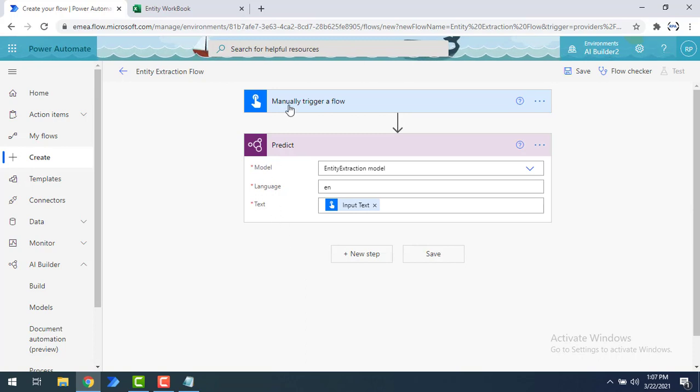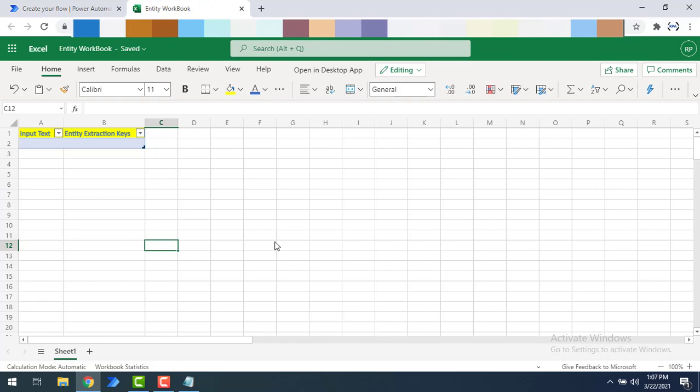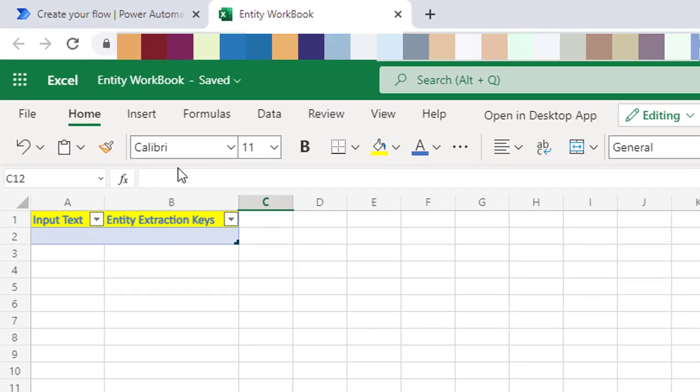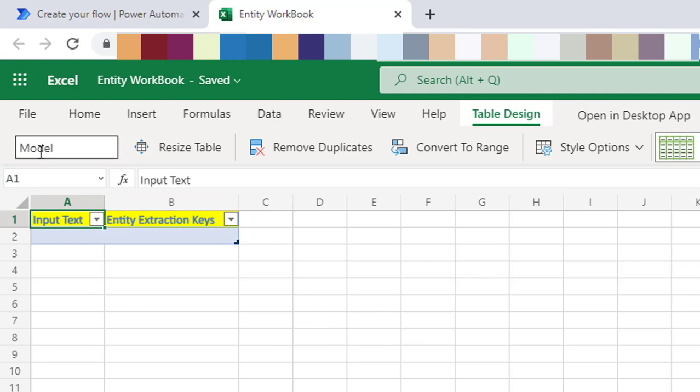Now we have given the input, and by using Predict AI Builder with the entity extraction model, we have given the input for the particular model and then we will get an output from this model, right? Where can we store this output? As a common practice, I'm going to use an Excel workbook. If you see over here, I have the workbook named entity workbook and the table name is model.